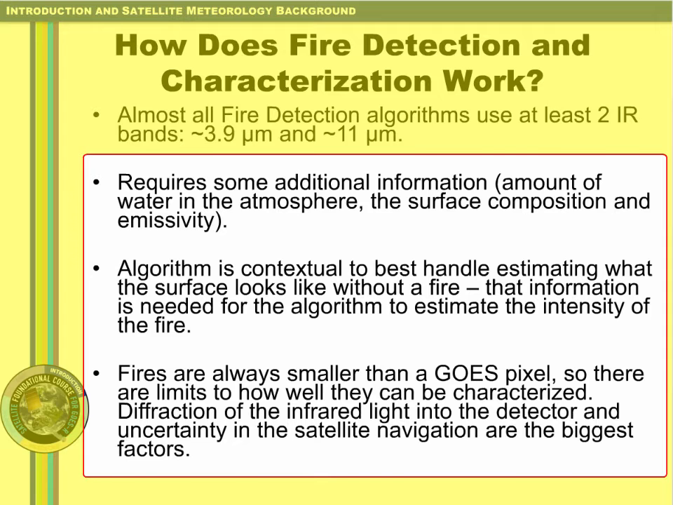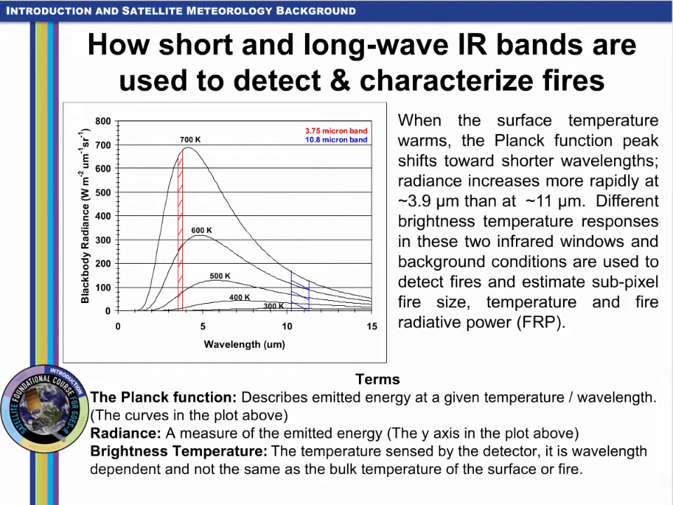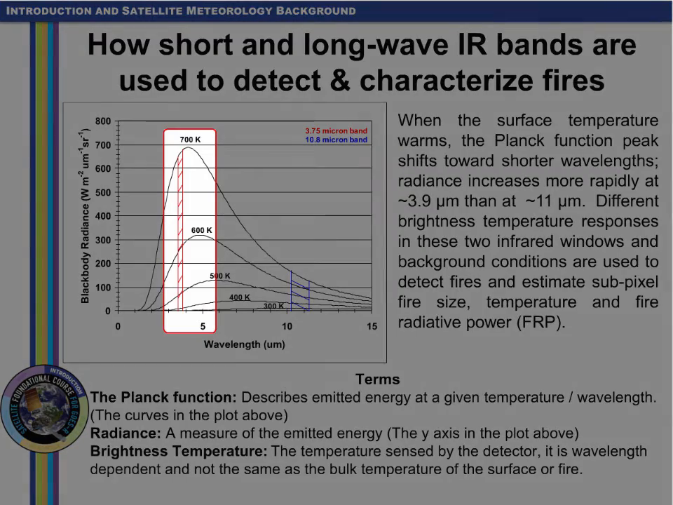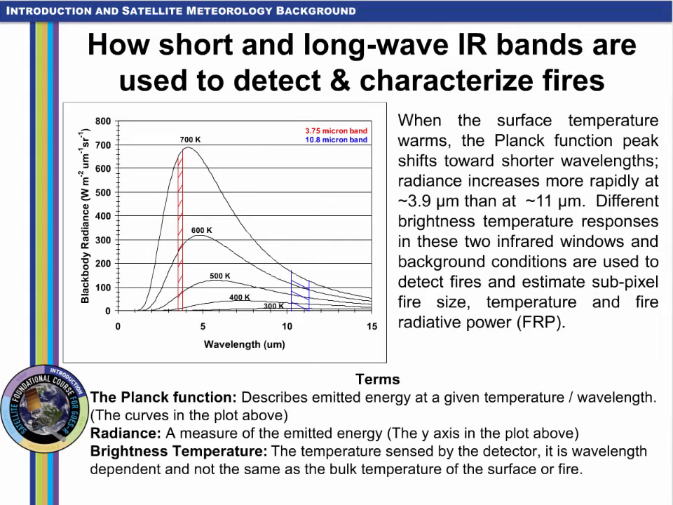bands. The shortwave infrared channel has a much larger response to the development of fire within a pixel than does the longwave infrared channel. Surface temperature warming in a pixel, because of a developing fire, shifts the Planck function peak to shorter wavelengths a lot more rapidly for 3.9 microns, band 7, than for 10.3 or 11.2 microns, bands 13 and 14 on ABI. The response in the pixel differs for each fire, and those differences help in the estimate